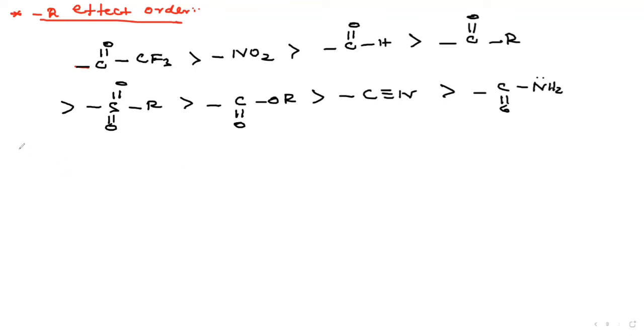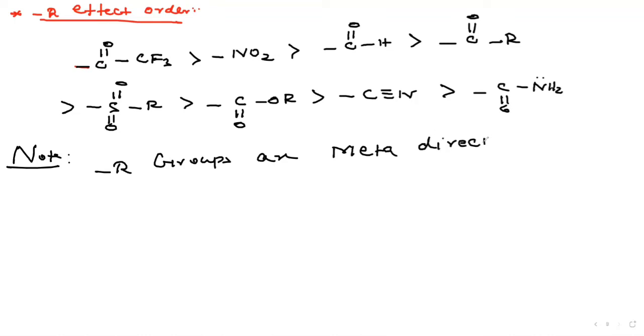Okay, note, key point. What is the important point we discussed previously? The minus R groups. Which directing are they? Meta directing groups. Very important: meta directing groups. Now see, the minus R group should be a meta directing group. I give you an example. I take benzoate. Listen. It's benzoate. Which directing group? Meta directing group. This is explained by what?